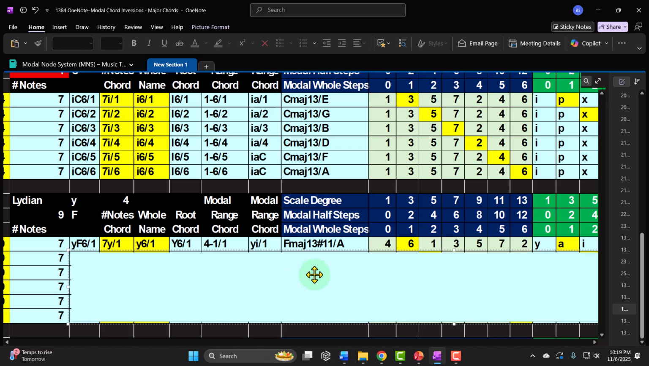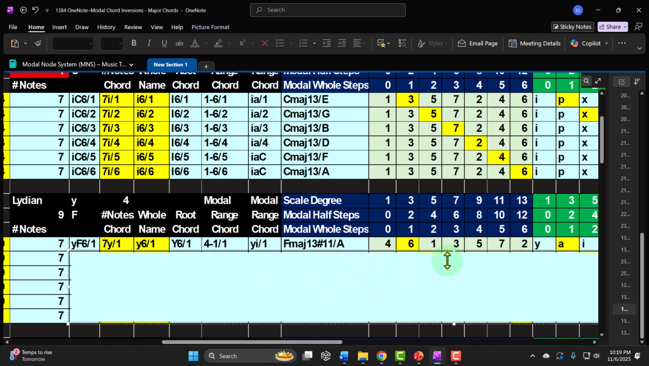Then we can say /A, meaning it's going to be the first inversion, which means you're going to do the inversion on what happens to be the A note. So it would be better to call it 7Y/1, the Y standing for Lydian, instead of using an L, so that we don't have 2 L's and the L looks like a 1. So a 7Y/1 or a Y6/1, meaning it's a 7-note Lydian first inversion, invert on the first modal whole step